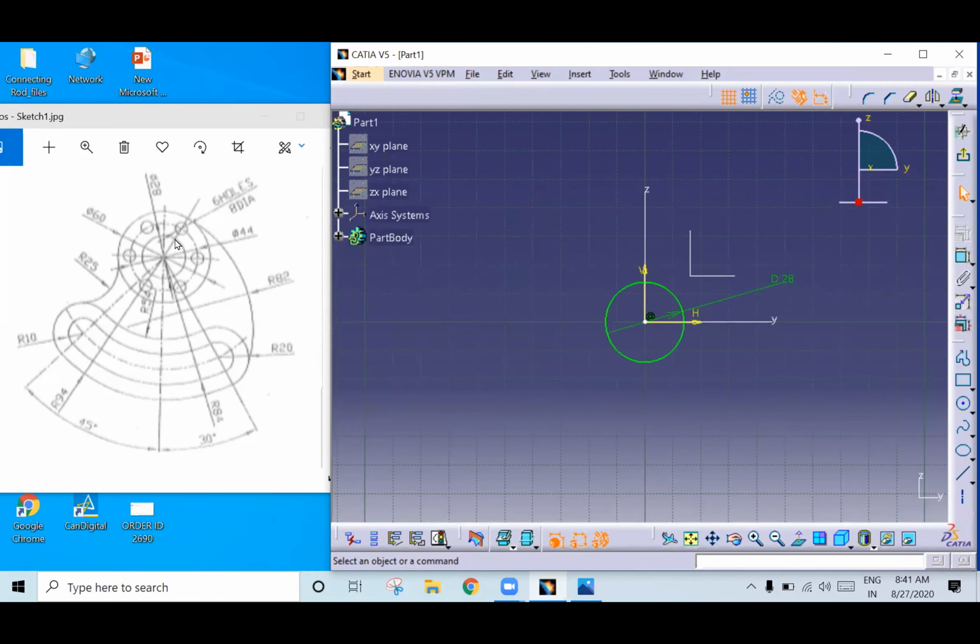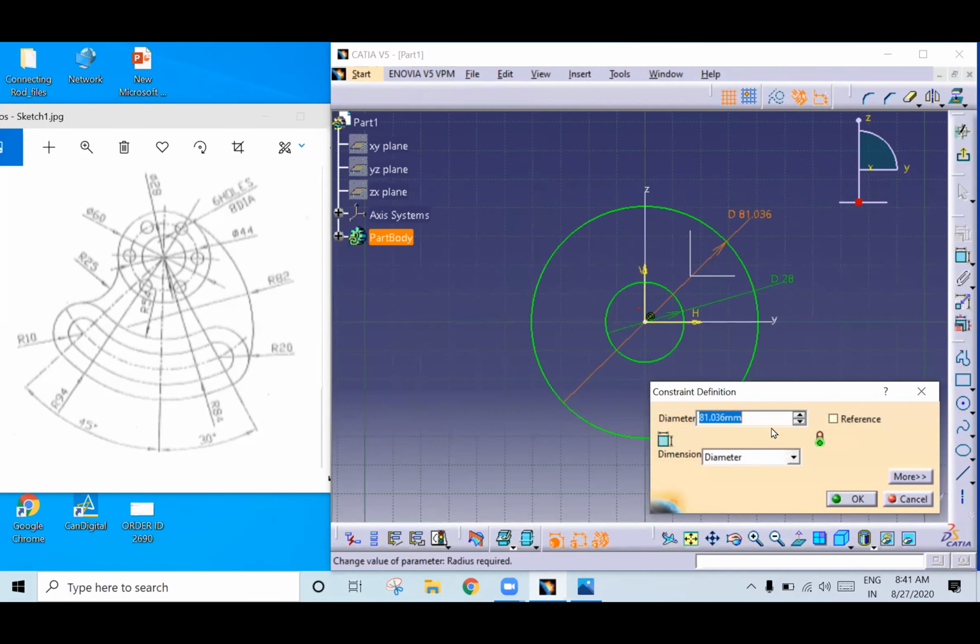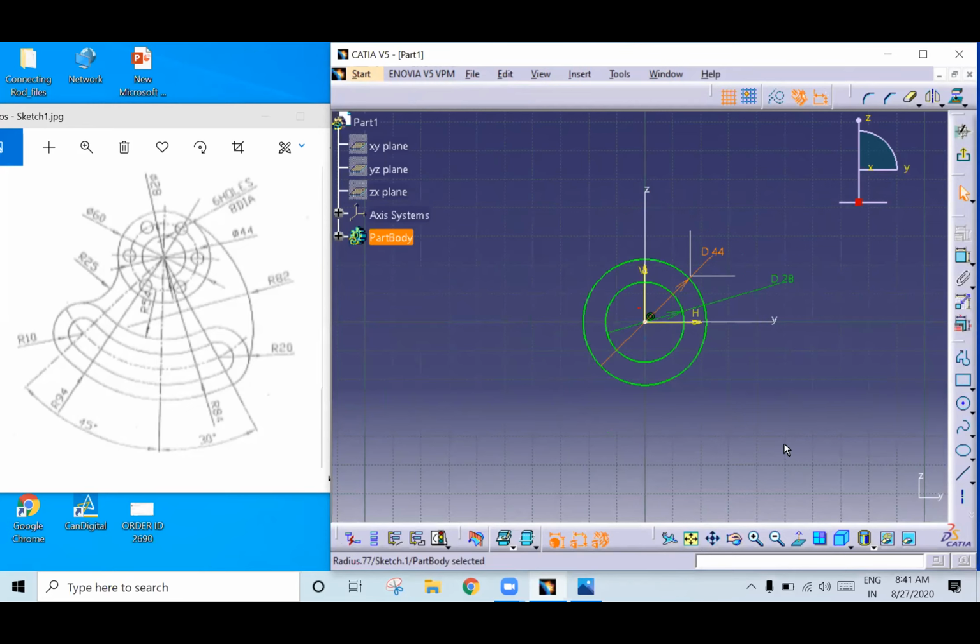Next we'll create this dotted circle, that is the reference circle, right? So go to circle again from the center point and give the dimension. What is the dia of that? 44. Give 44. So that is the dotted circle, right? Okay. So how to convert to a dotted circle? Select the circle. Here we have construction or standard element. Click on this construction and standard element. See, it has been converted. Again, it will be in on mode, you need to switch it off. Okay.